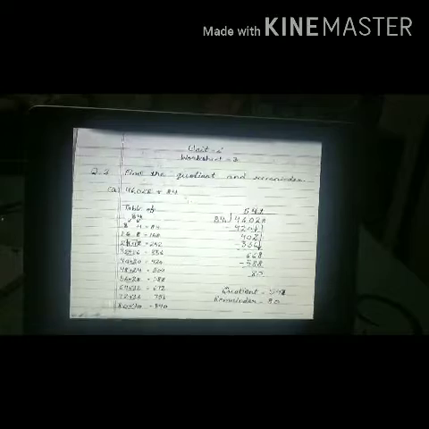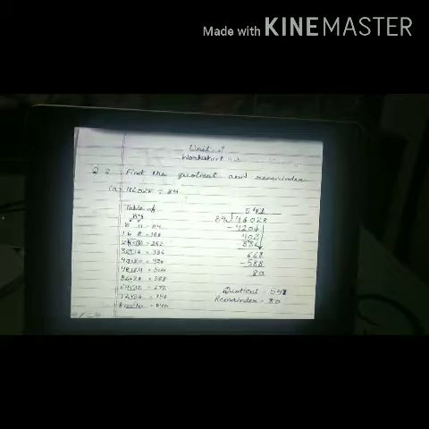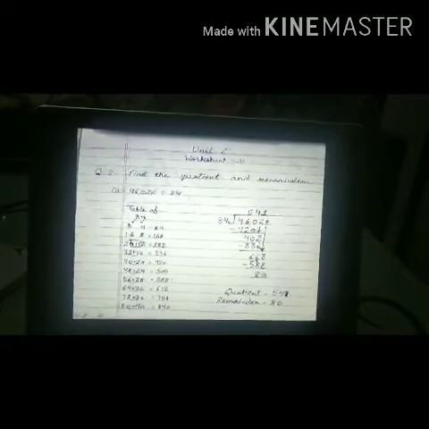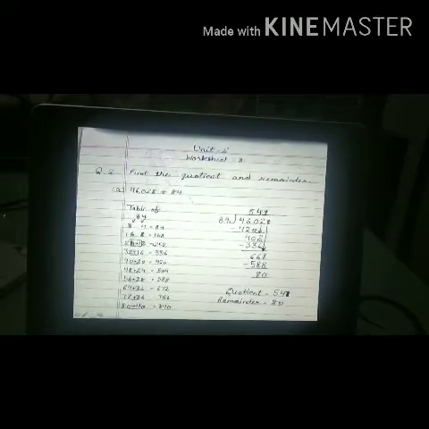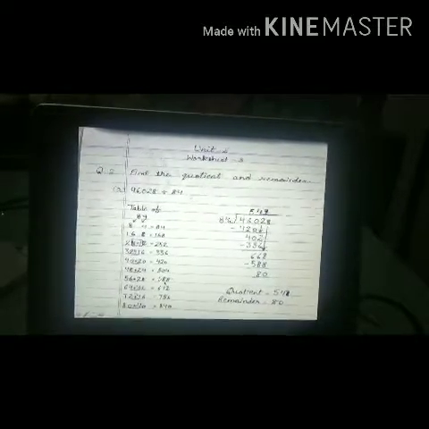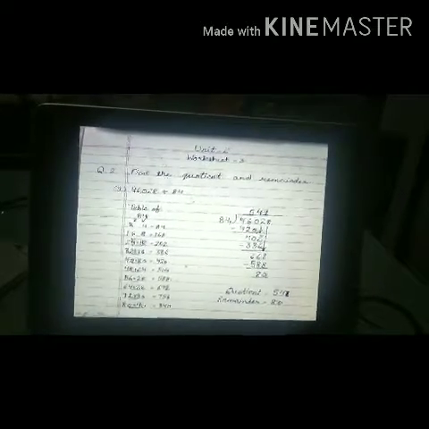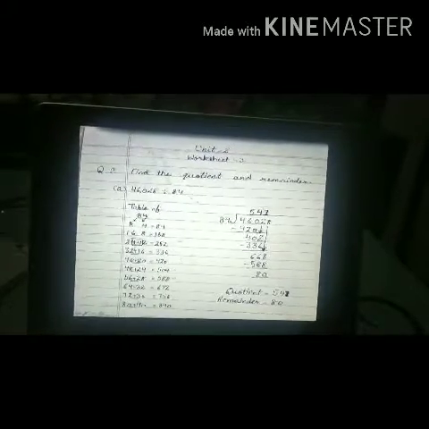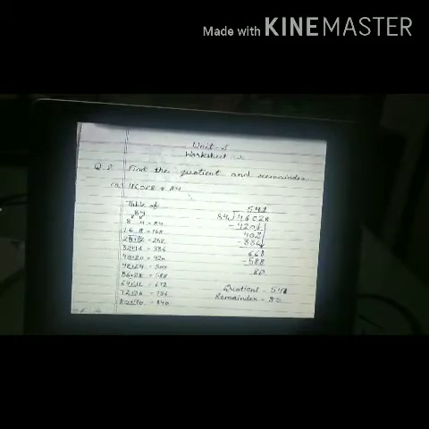Then we subtract it. 2 minus 6 we cannot do, so we will take a borrow from 40 and then we'll get 66. Then the next digit 8 will come down and we'll again check from the table of 84 for which term we can divide it. Then 588 is the seventh term. So we'll write 588 here and 7 here. Then we subtract 588 from 668 and we get the remainder 80.